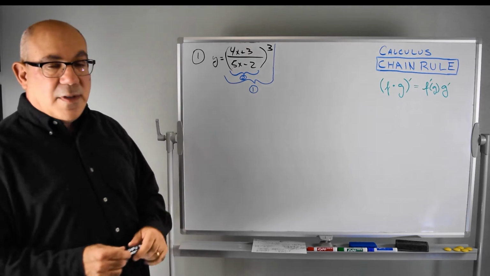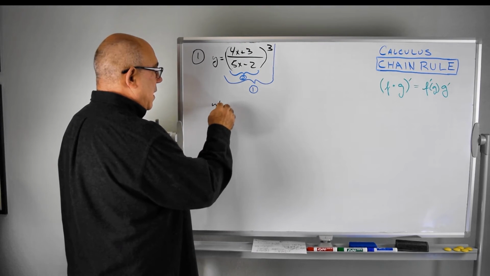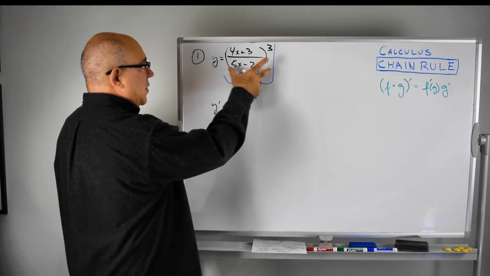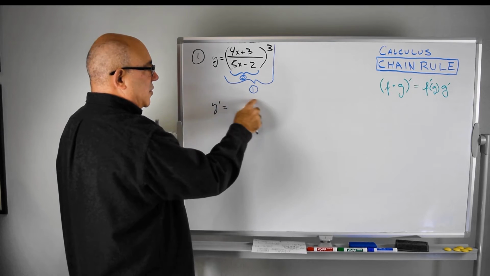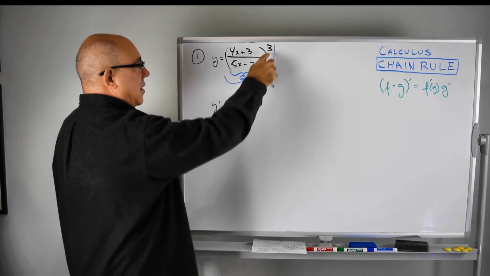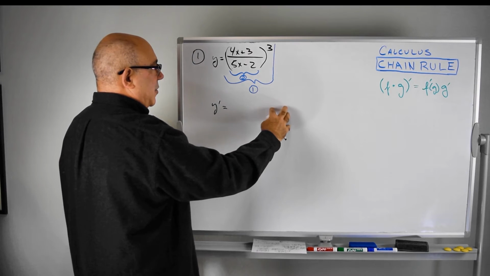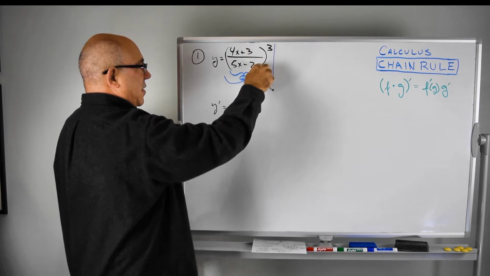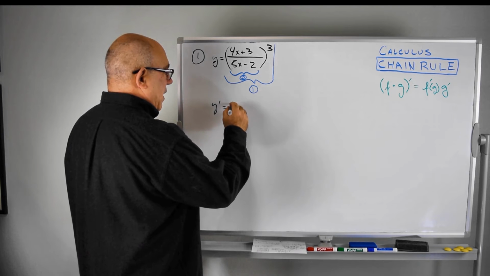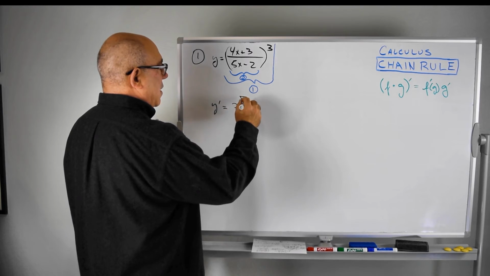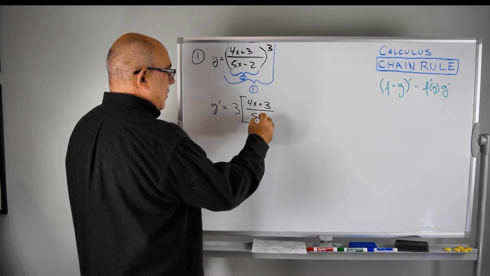Okay, so let's get started on this problem. We're going to start by saying y prime equals, and we're going to do the outer part first. I like to break the chain rule up into chunks. First you start on the outside and you work your way in. So we're going to differentiate that, and then we'll take that result and multiply it by the differentiation of this. And this is really what this formula says here. So that will be 3 times the quantity (4x plus 3) divided by (5x minus 2)